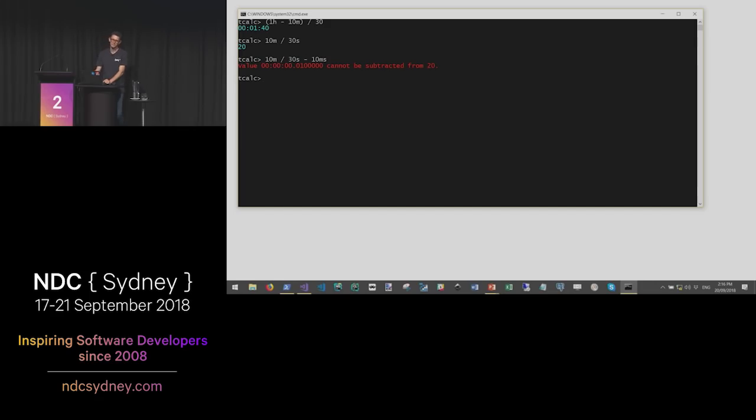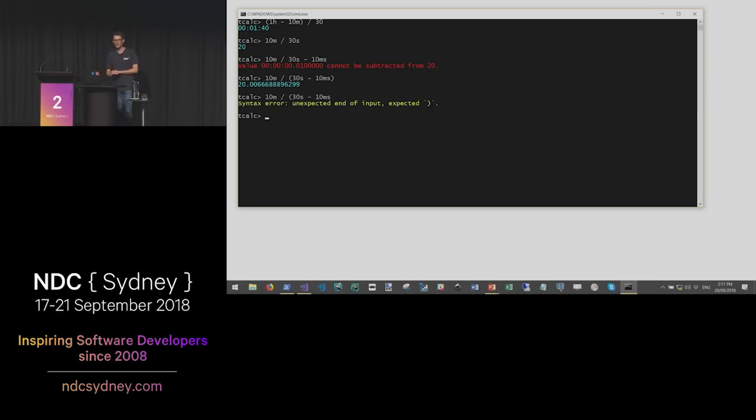Oh, yes. I should probably, again, we probably need some brackets there before that would make any sense. So that red error there is one that you get when the expression syntactically makes sense, but that's in the evaluator. It's said, well, you've got a time value and you're trying to subtract a number. But there are other kinds of mistakes that we can make when we're working with little languages.